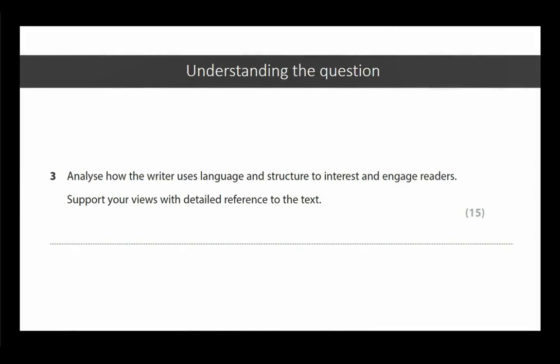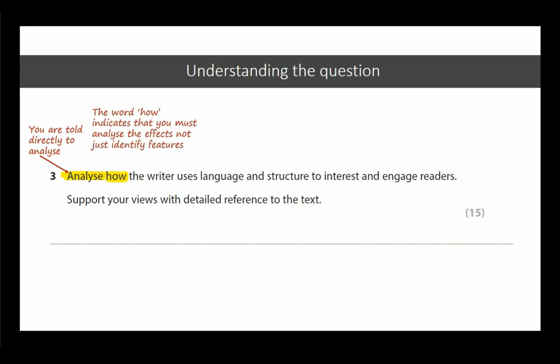With the question on paper 2, the very first word tells you directly to analyse. So there is no ambiguity about this, there's no confusion about what you're being asked to do. You are told directly to analyse. And if that wasn't enough, they also include the word how. That is there to indicate that you are being asked to write about the effects of language and structural features,